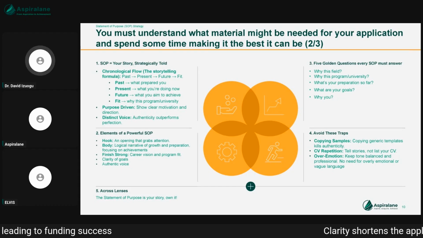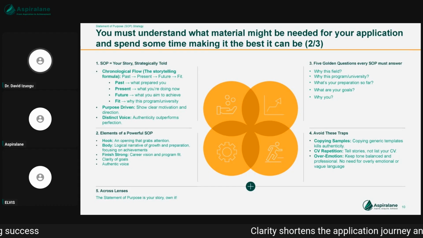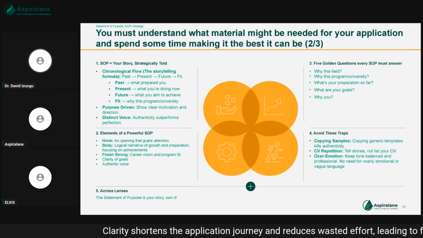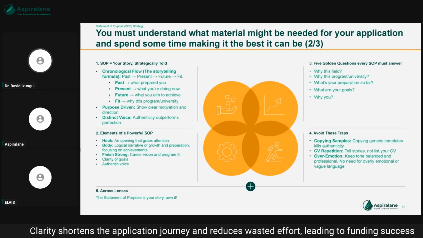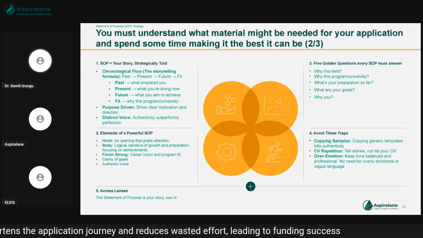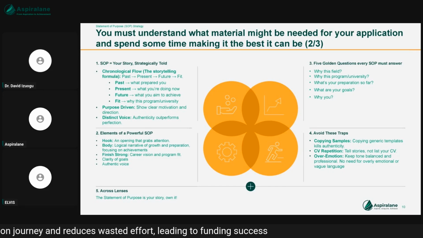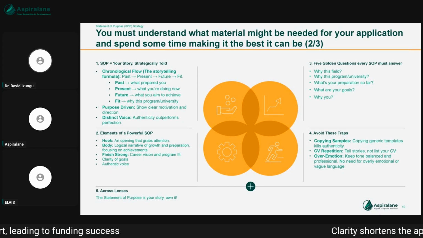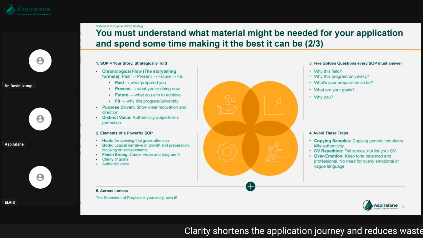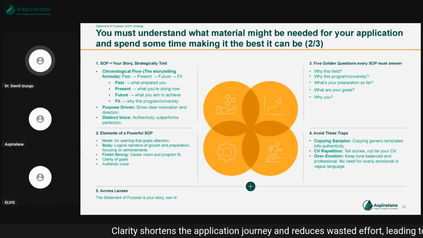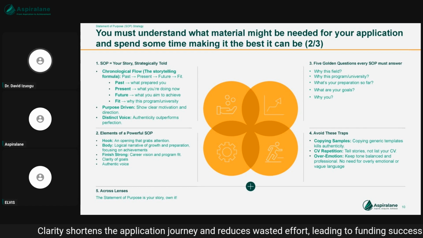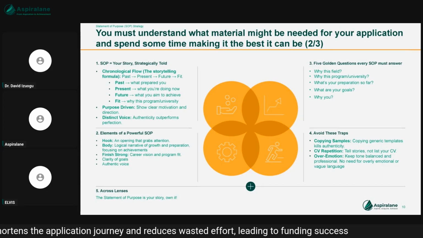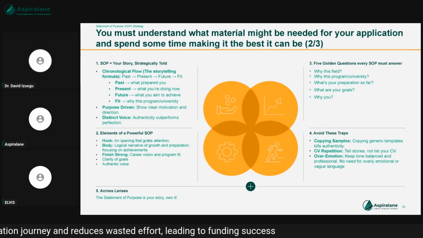If you've written your SOP and you've constructed everything that we've said in 1 and 2, but when I ask the question, why is this person interested in doing a master's in business administration? If I can't find that answer in your SOP, it is missing an opportunity to actually make a difference. If I can't find why you are interested in the university or the program, you are losing a huge chance.